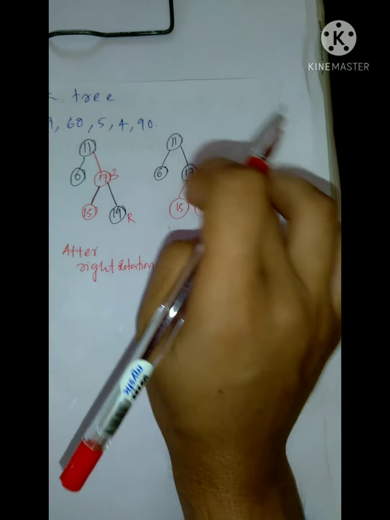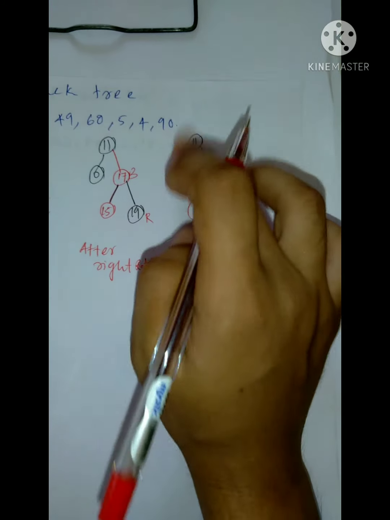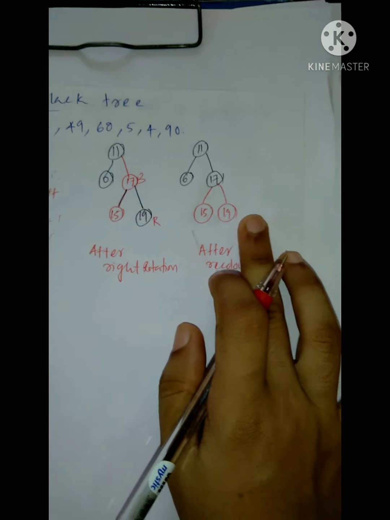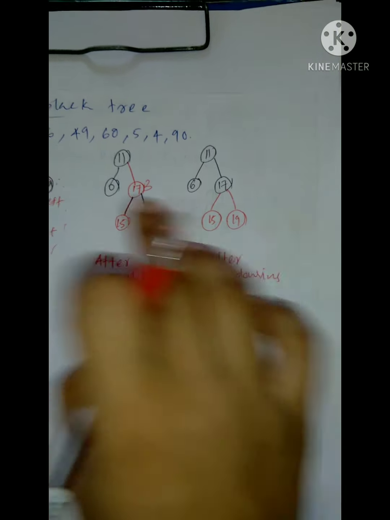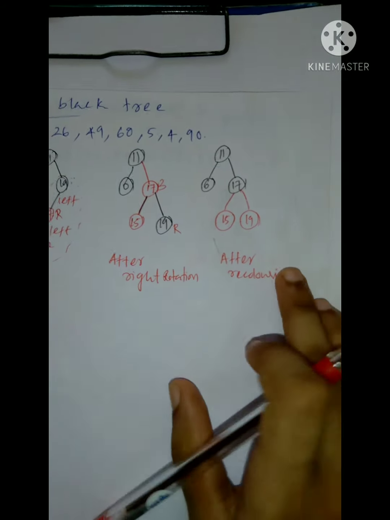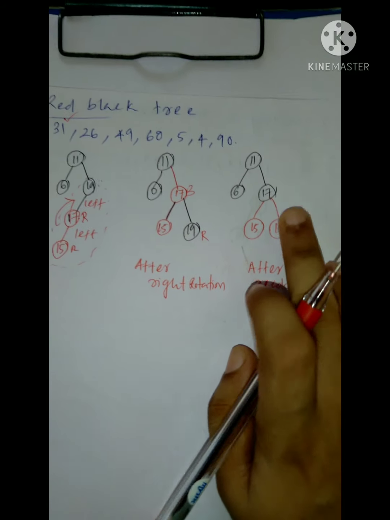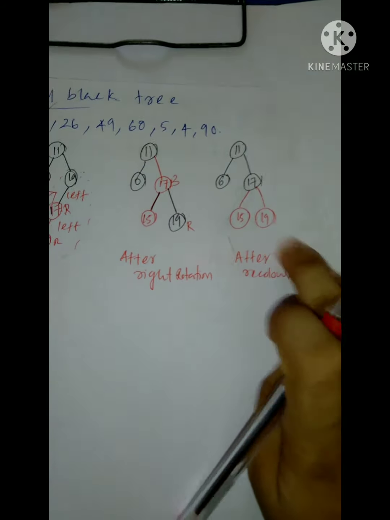Checking there is no two adjacent red nodes and the number of black nodes is equal for every path. Okay, so it is a red black tree. Then we want to insert the next node, that is 31. Then 31 will come over at the right of 19, at the right of 17, at the right of 11. So its place will be here.